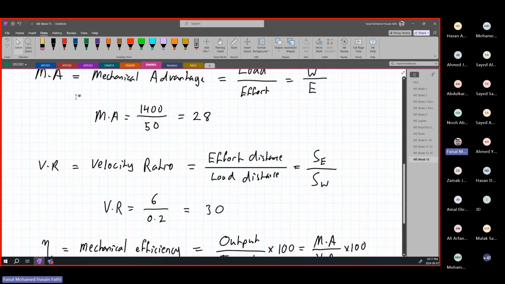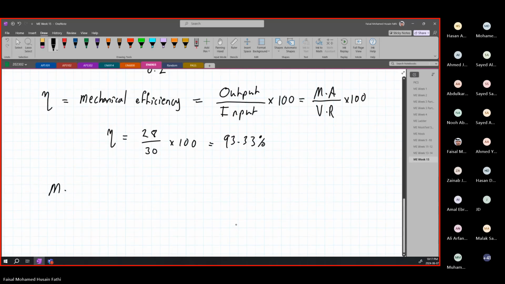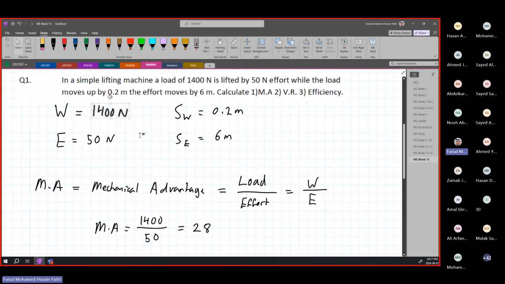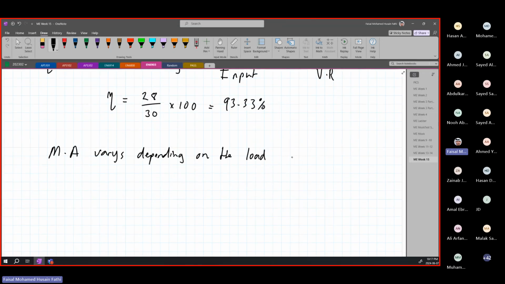One thing I want to add as an extra note about these two: MA, our mechanical advantage, varies. It is not a fixed value for the system. It varies depending on the load, how much the load is that we are trying to move, this W factor. So the MA is not a constant value in our system, but our VR is fixed